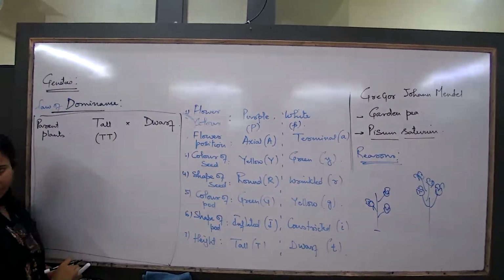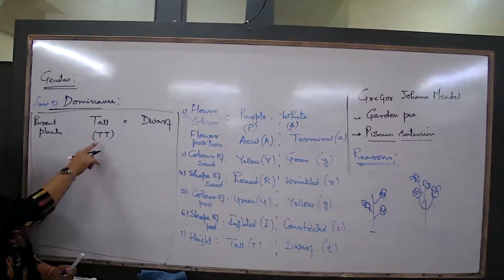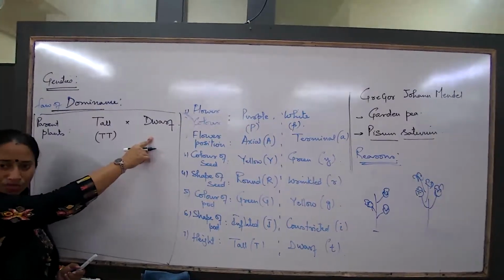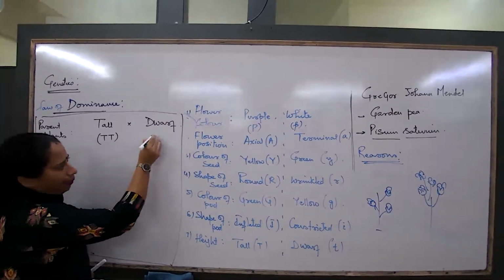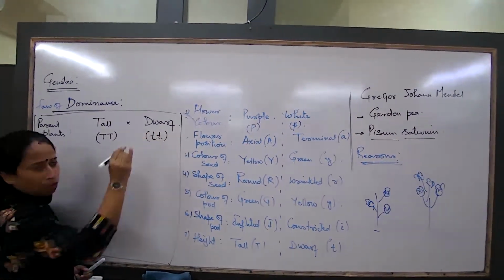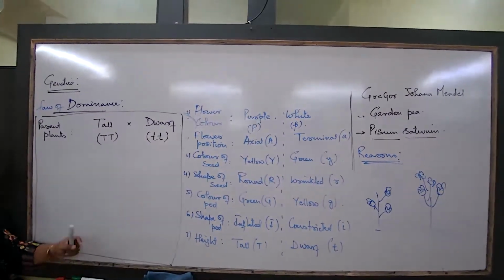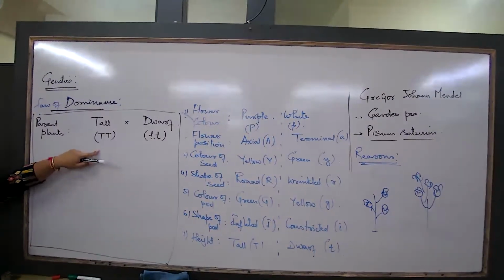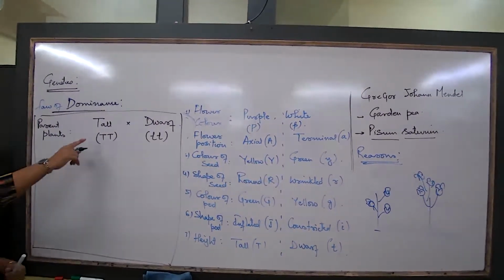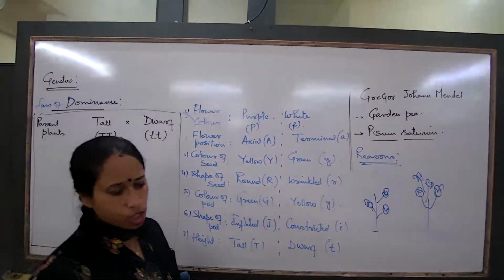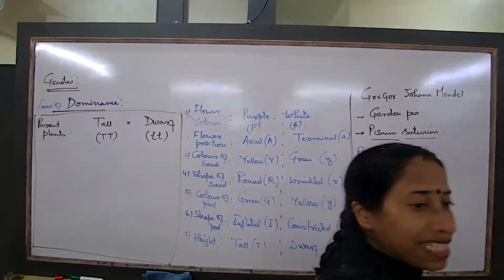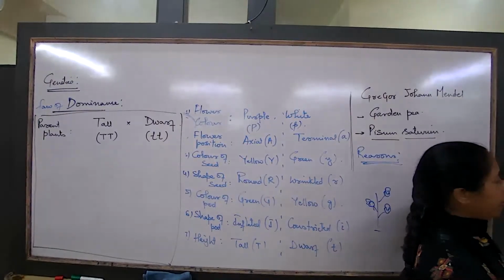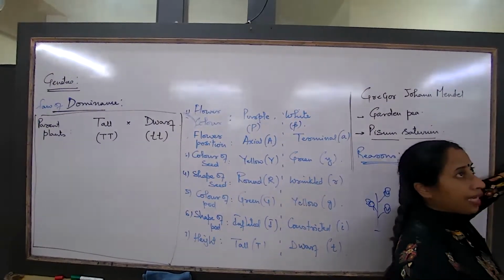It is written like this: capital T, capital T. For the recessive allele, how will we write it? Small t, small t. Now why did we write it twice? Why did we write capital T, capital T? We want to express that this tallness is because of the allele T. Can we write